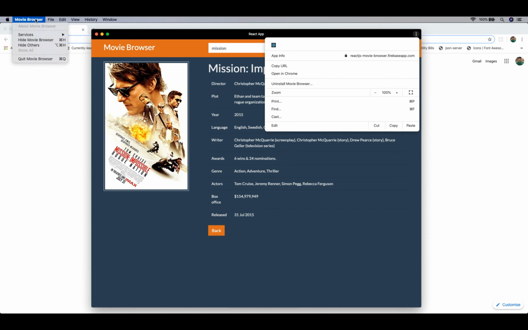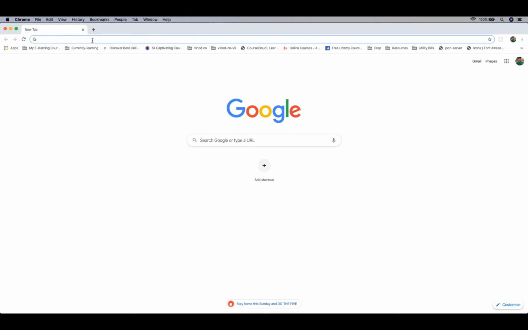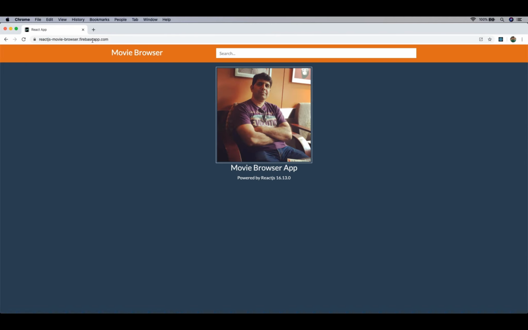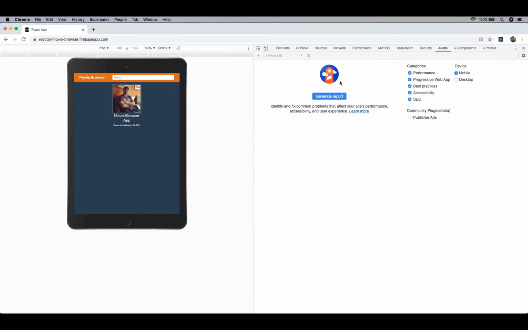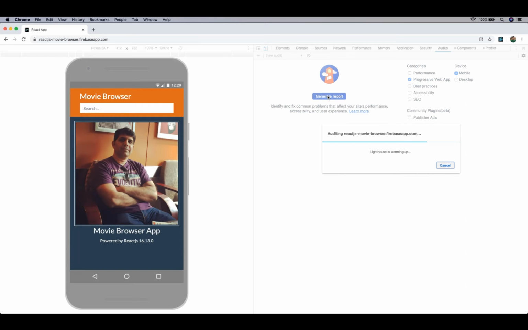Anyway, I'm going to just exit out of this and then visit our application in the browser, which is called React.js moviebrowser.firebaseapp.com. Now that we have here, we can press Option Command I or F12 on Chrome, and we got this audit tool over here, which is our Lighthouse audit tool. We don't want anything other than the progressive web app this time, so I'm going to untick all of them, and then I'm only going to leave the progressive web app. So when I click on generate report this time, you should see now that our application is a 100%